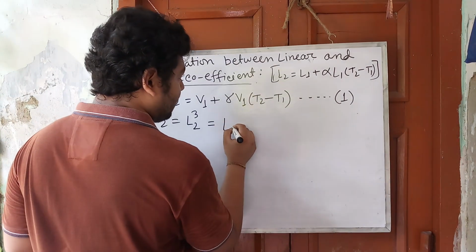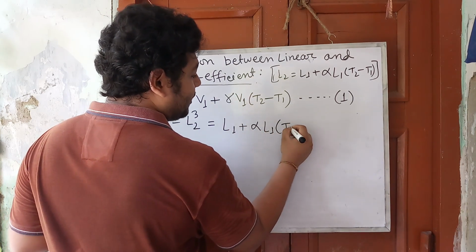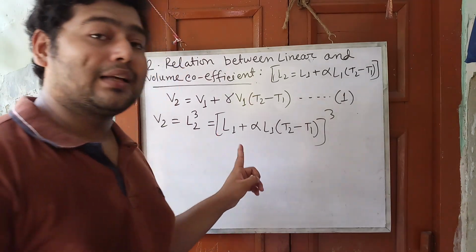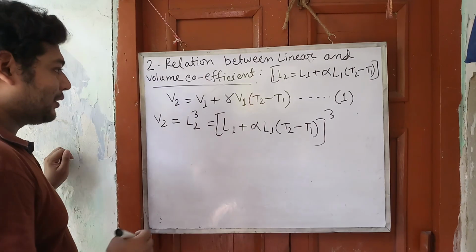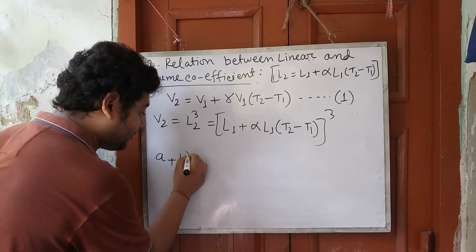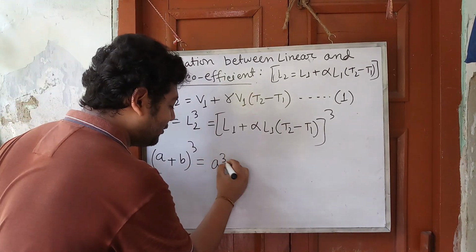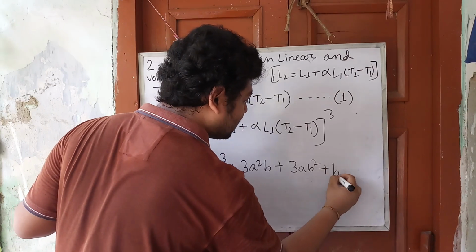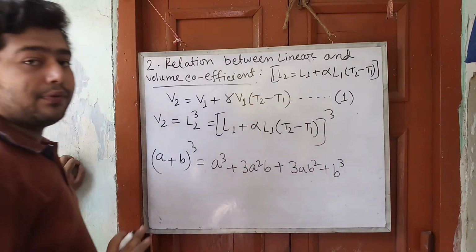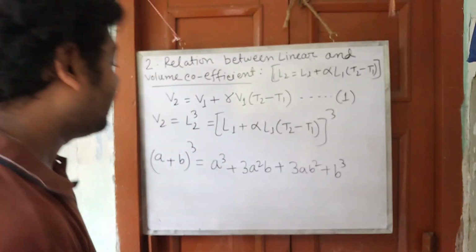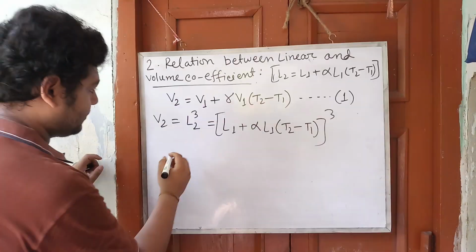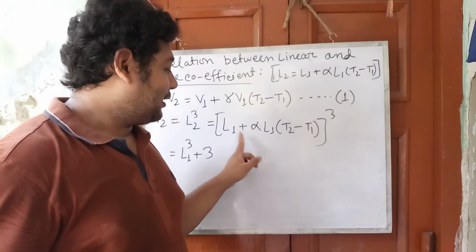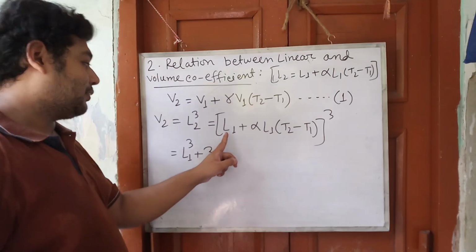So we can write (L1 plus alpha L1 (T2 minus T1)) whole cube. Here we will use the (A plus B) whole cube formula. So we know that the (A plus B) whole cube formula is A cube plus thrice A square into B plus thrice A B square plus B cube. Using this formula we can write L1 cube plus 3 into A square into B,